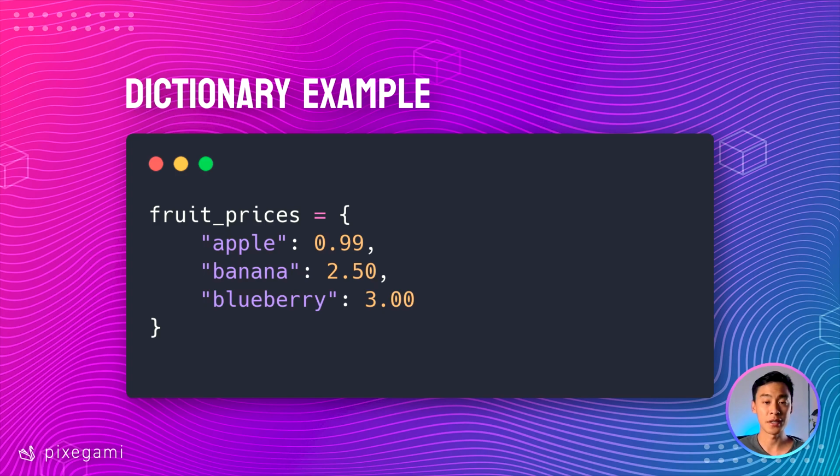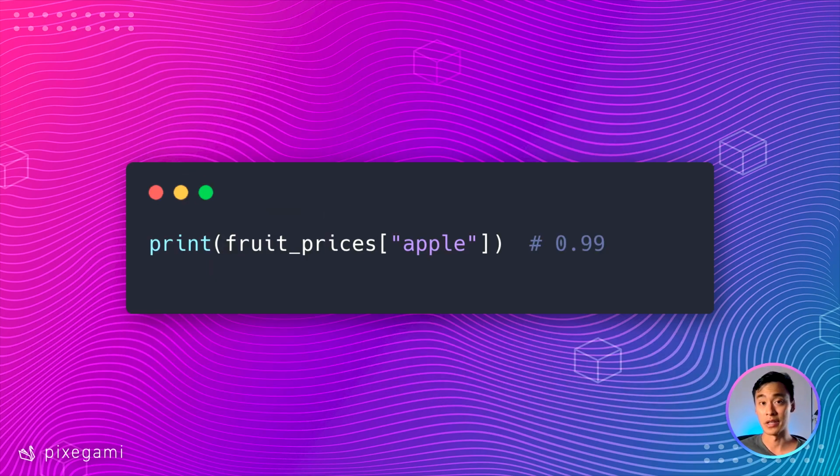And once we've created this dictionary, it's going to be stored in the fruit prices variable, and then we can access any of the values we want. To access the value in a dictionary, we can use the square brackets just like with the list, except that instead of passing an index, we pass in the key. So here in this case, my key was apple, so I can access the price of apple by typing food prices, and then open the square brackets, and then the string apple.